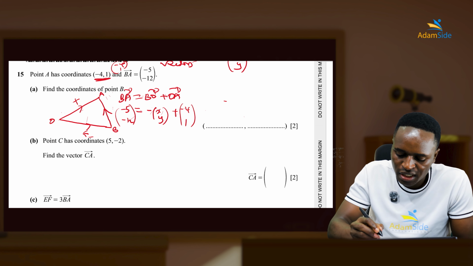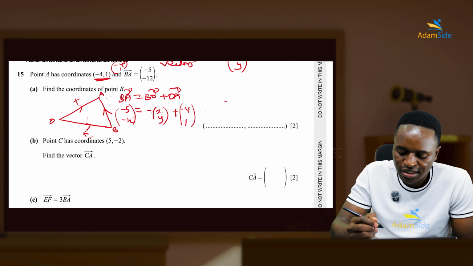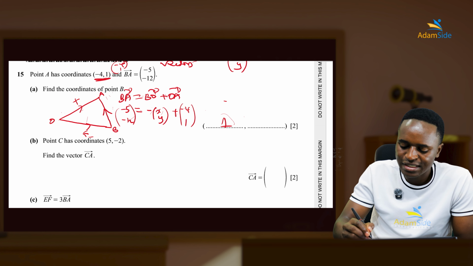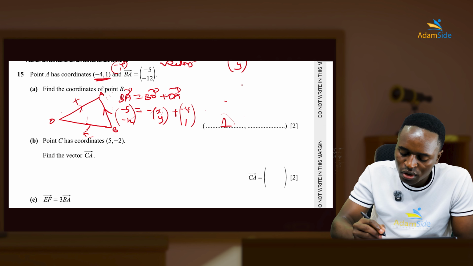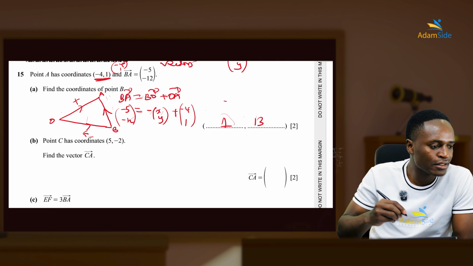Now you just have to think which number plus -4 you get -5. Obviously here will be -1. So -1 plus -4 you get -5. And then which number plus 1 you get -12. Obviously there you say -13 plus 1 is -12. So your coordinate is 13 despite the movement. So it is -1, -13. Okay, so